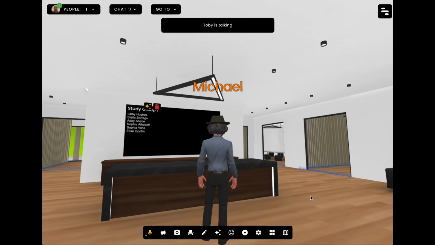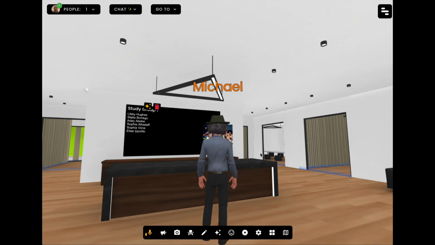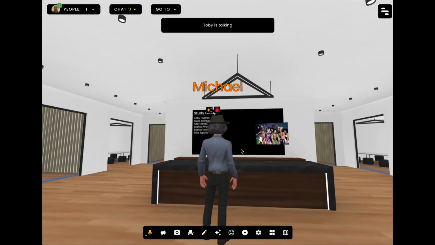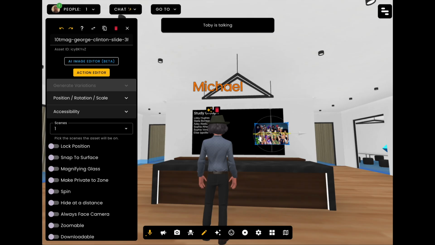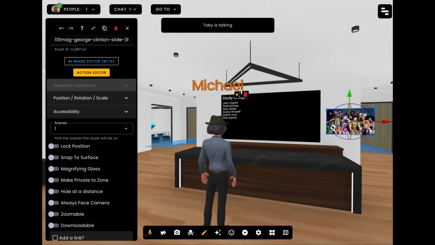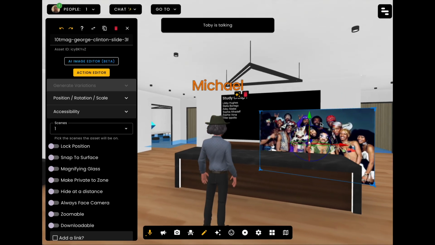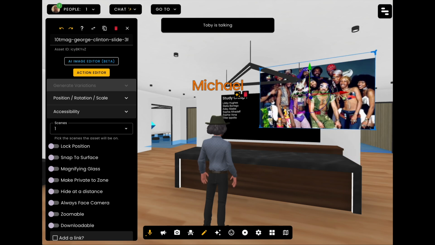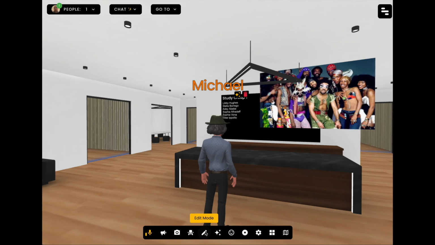I go, yep, that's grand, and then we can see it's right there. So I'll mind out the way a bit. Now I can edit that. I can move it around. I can make it bigger. Oh, sorry, I can make it larger. Lift it up a bit. Then I can say, right, that's my artifact, and I could